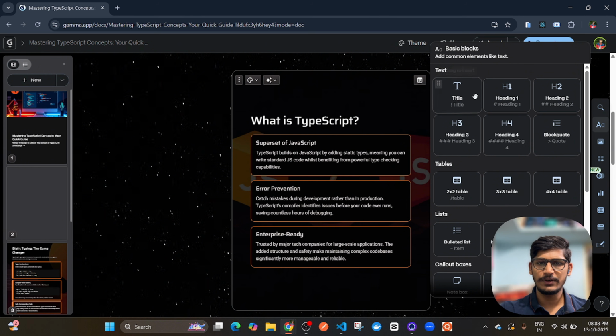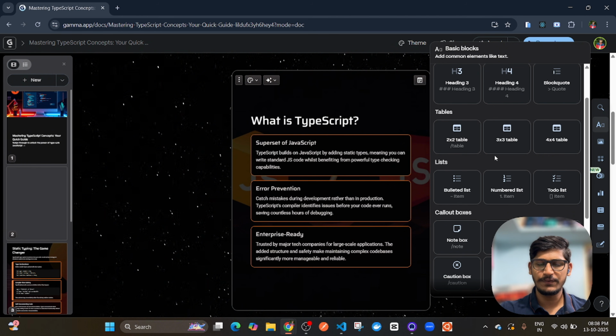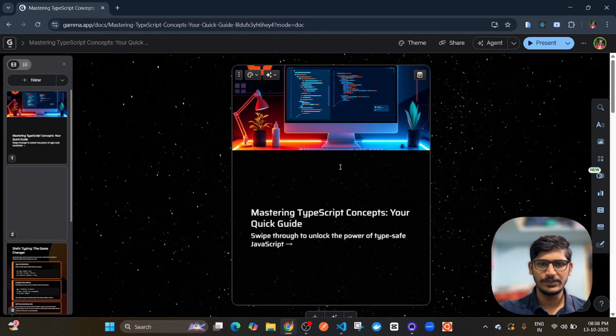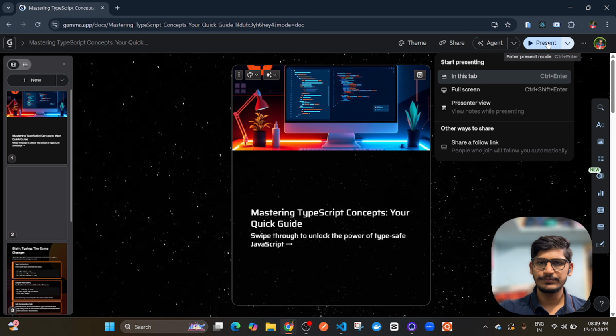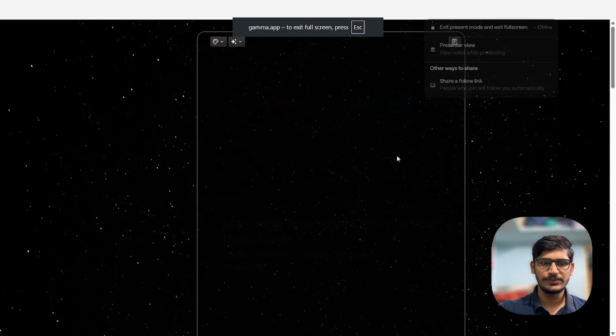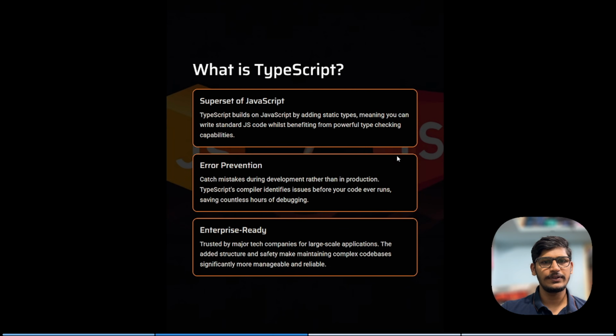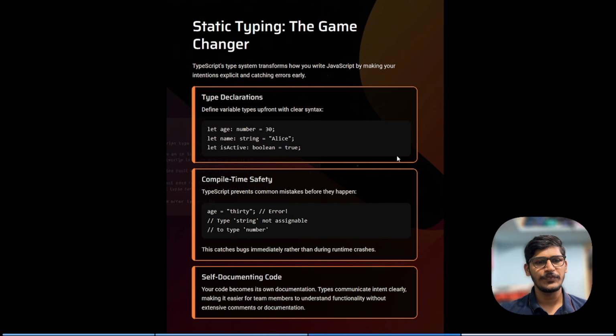There are multiple editing options where we can use, like for tables, lists, and notebox, and toggle or else button. You can add multiple things on this page. It will directly present on a full screen. This is what we will get to see. So all the type of AI concepts, static typing, and